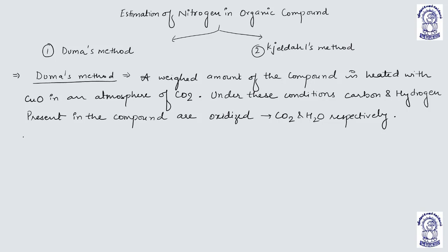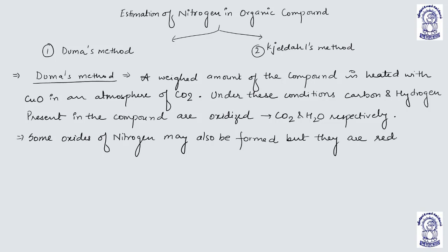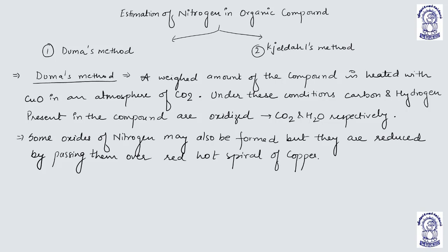Now some oxides of nitrogen may also be formed, but they are reduced by passing them over a red hot copper spiral in a spiral tube. So the reaction: